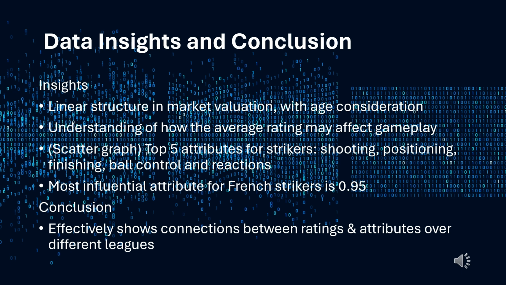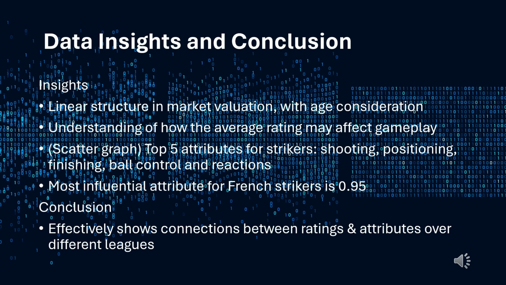The analytics shown in the previous slides reveal significant insights into the problem identified in the beginning. Firstly, the average overall ratings for male strikers in the top 5 leagues were examined. Secondly, for market value, the correlation graph demonstrates a linear relationship between market value and ratings given. However, it also shows that age is taken into consideration when ratings are given to players, meaning older age has a negative effect on market value.